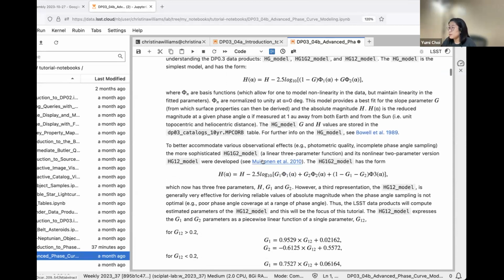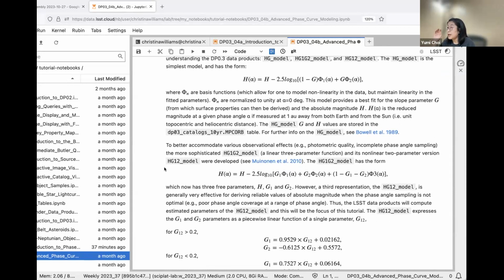The reasoning behind why we focus on these three particular models is that the simplest HG model provided the parameters for the simulation of the Rubin solar system objects.